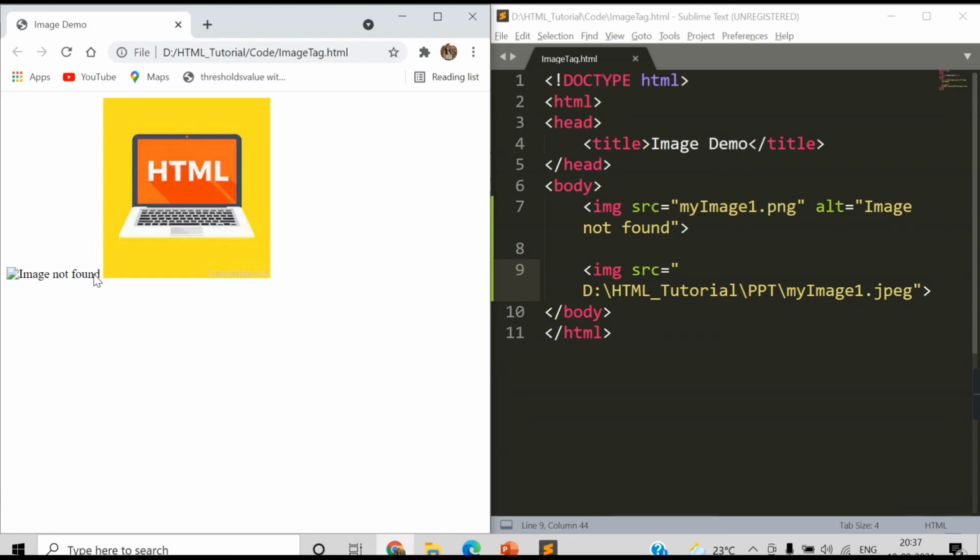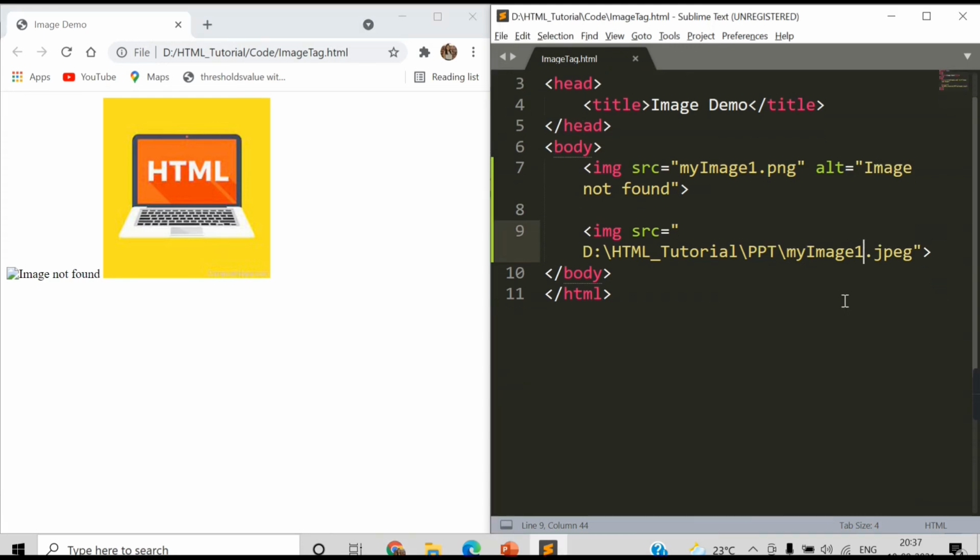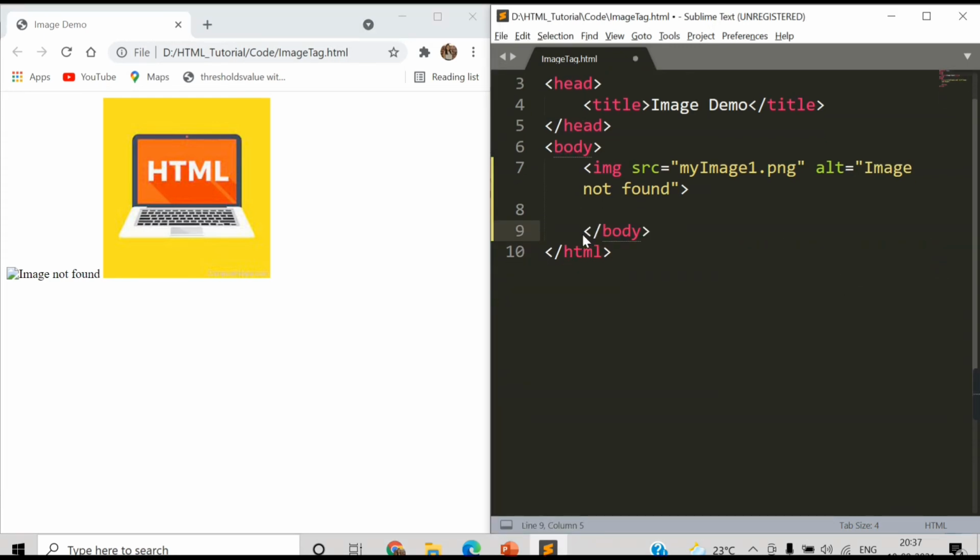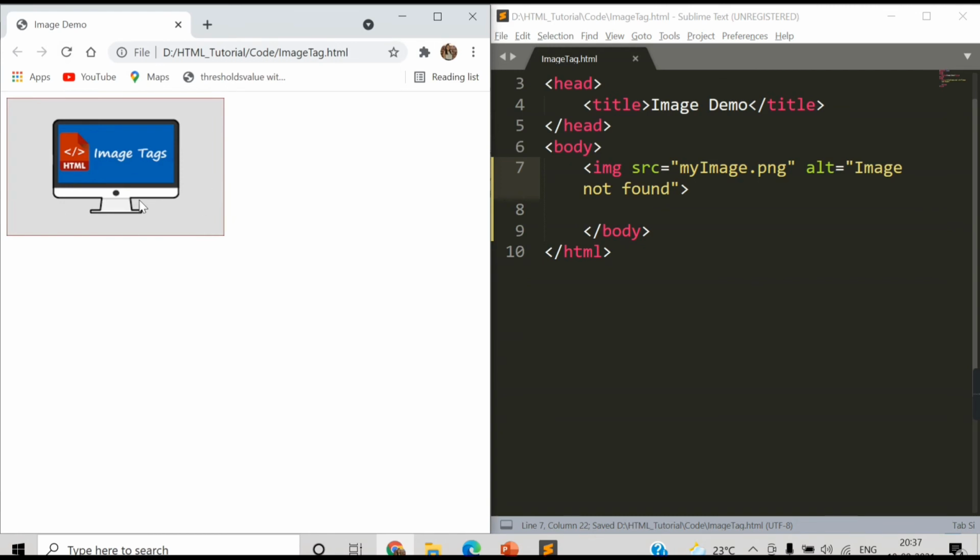See, the first image is not able to be found, the second image is being displayed here. So if you have the image on a different location, you can provide the entire address. Let's use the first image now for further code. I will correct it, refresh. So this is our image.